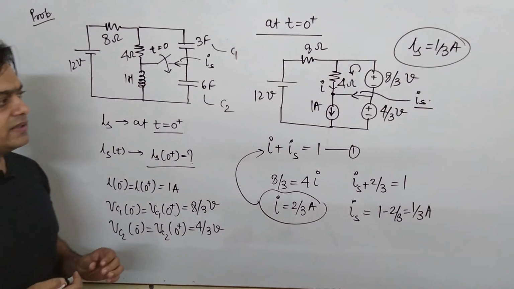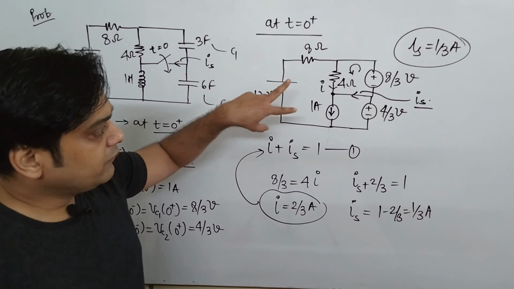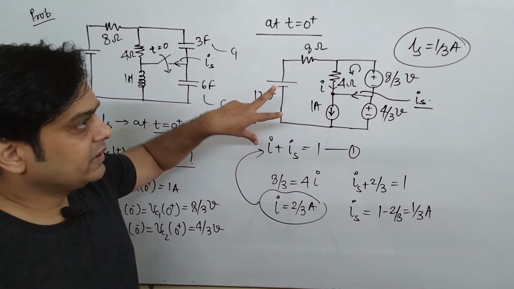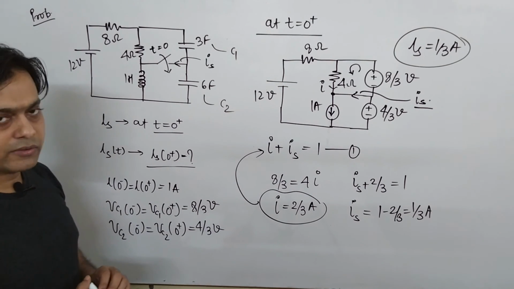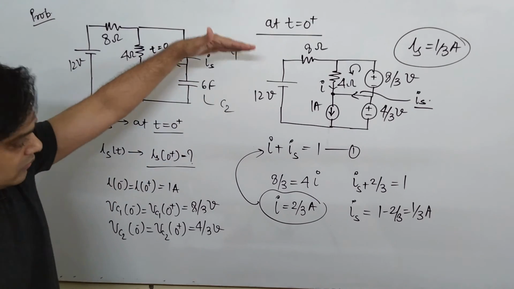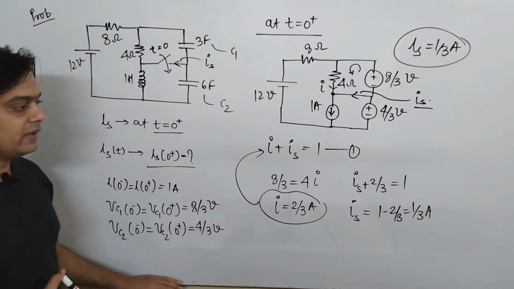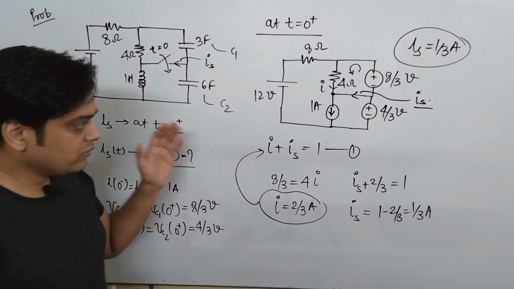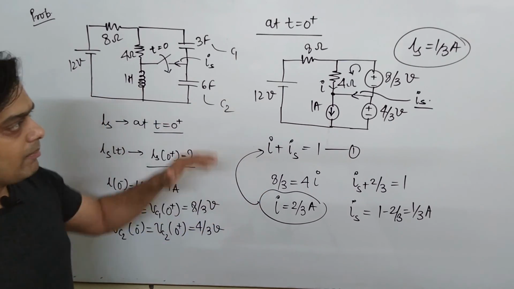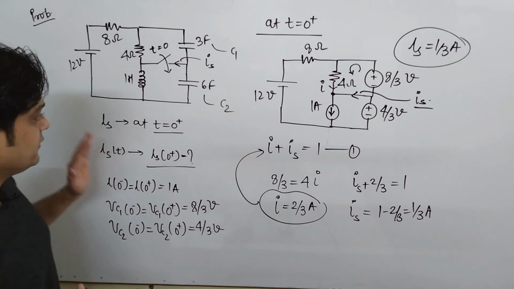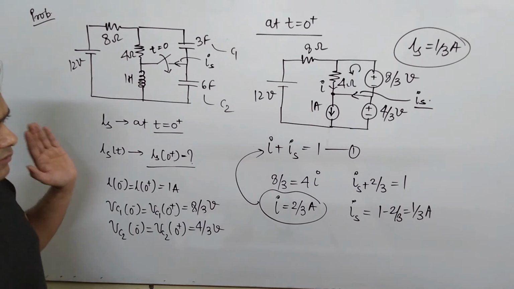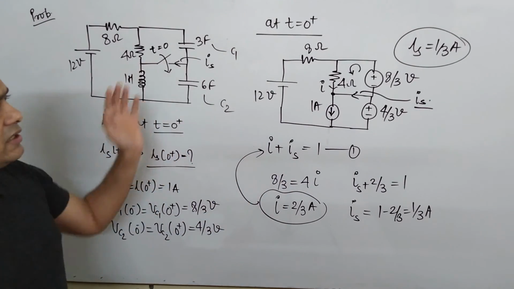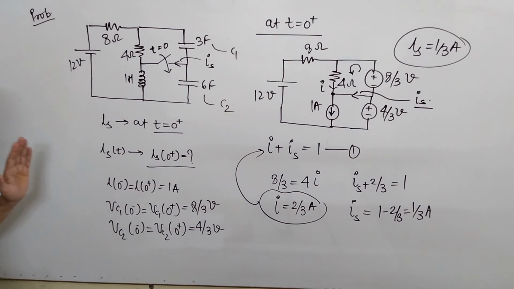From here we understand that it is essential to find the initial conditions of the elements connected, and then one can easily find the value of current, voltage, whatever you have to find at t equal to 0 positive. This is the way to solve such types of problems. Here we have not identified any equation at t greater than 0, but we have directly found the solution. This is one category, and you will find this problem in all types of examinations like GATE, engineering services, or in various PSUs. This problem largely used to come. So this is the first example. We'll go for the next example.